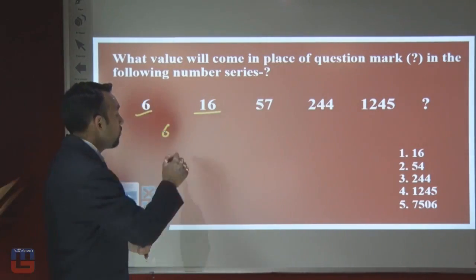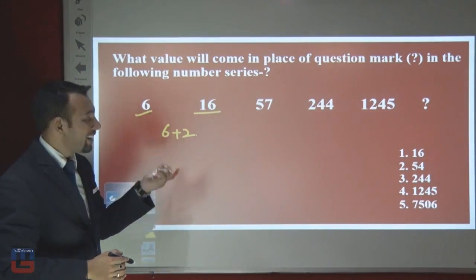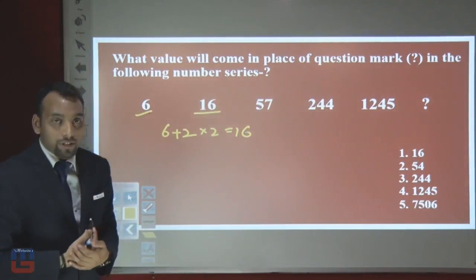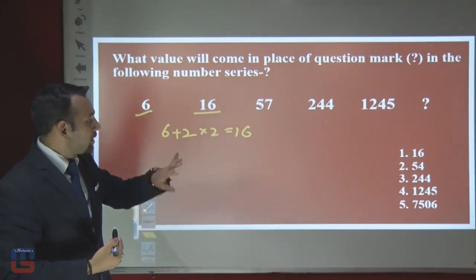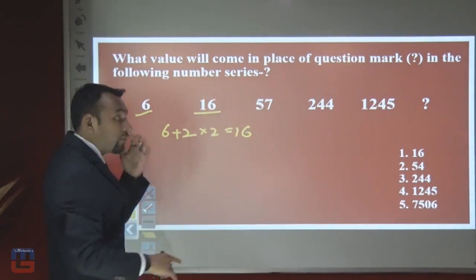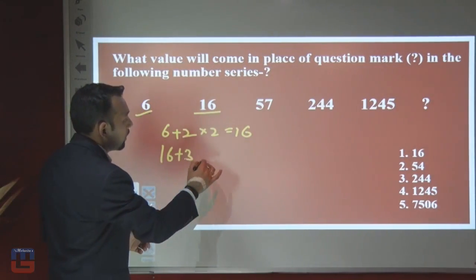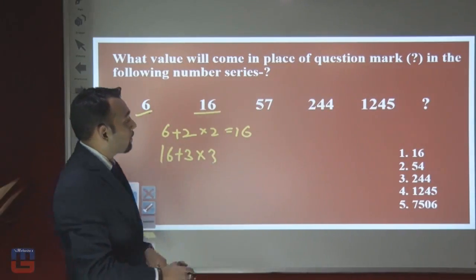Now see, if we add 2, it becomes 8, multiplied by 2, so you will get 16. You can see 16 can be written as 6 plus 2, 8, into 2. On the same way, 57 you have to get from 16. So on the same way, 16 plus 3 multiply 3. 16 plus 3, that is 19, right? 19 multiply 3, that is